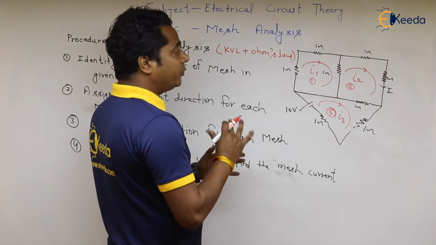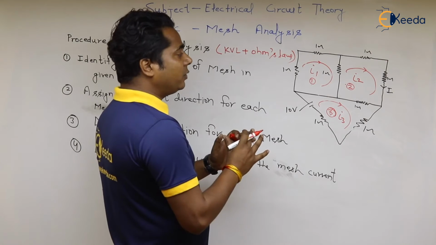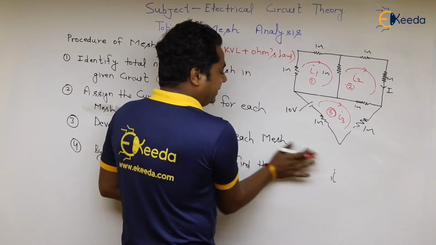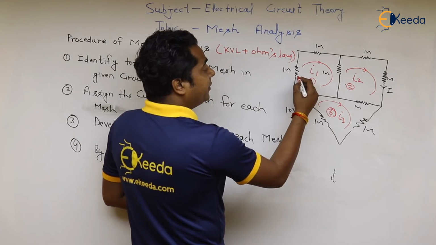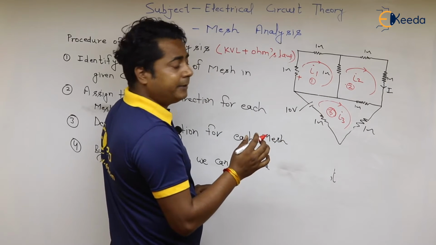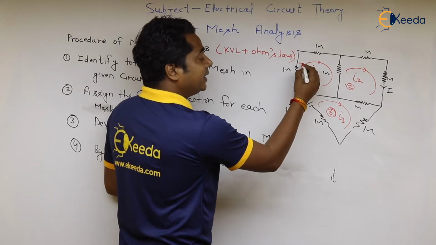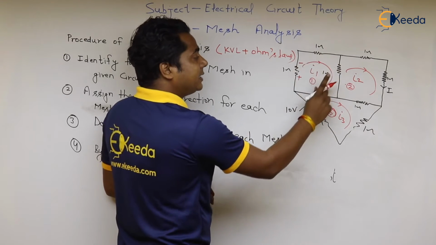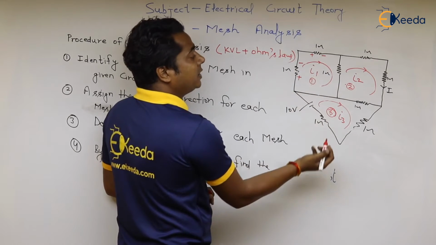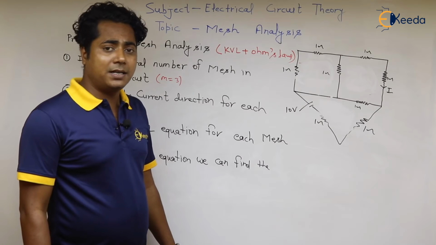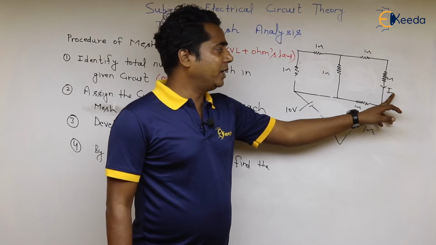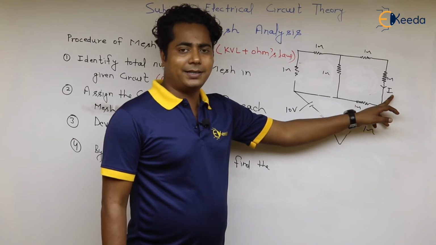So what I am going to do is write the KVL equation for the first and then the second mesh. If the current entering the resistance, that end is at higher potential, and where the current leaves is at negative potential. We have assigned the current direction like this, so the current flowing gives plus or minus signs. We are applying mesh analysis here to find the current in any branch. Here we want to calculate the value of I through mesh analysis.